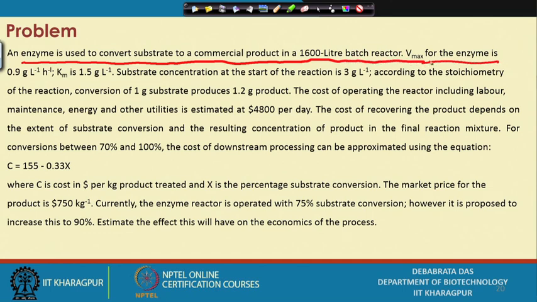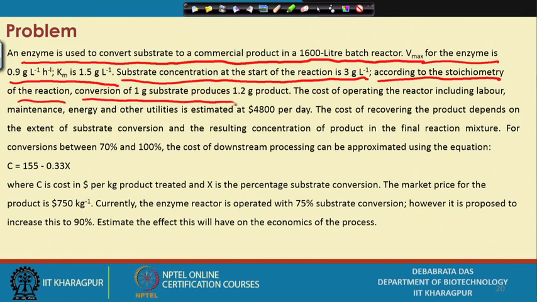Vmax of the enzyme is given, Km is given, Km is the Michaelis-Menten constant. Substrate concentration at the start of the reaction is 3 gram per liter. According to the stoichiometry of the reaction, 1 gram of substrate produces 1.2